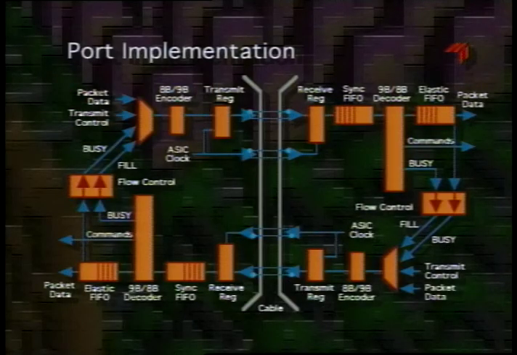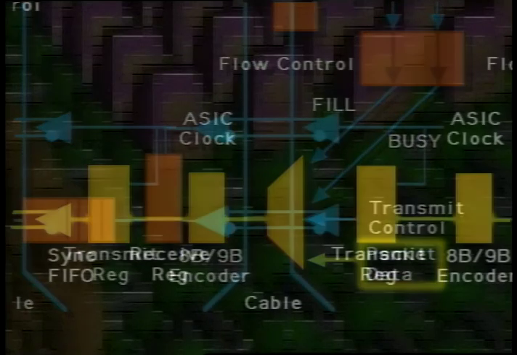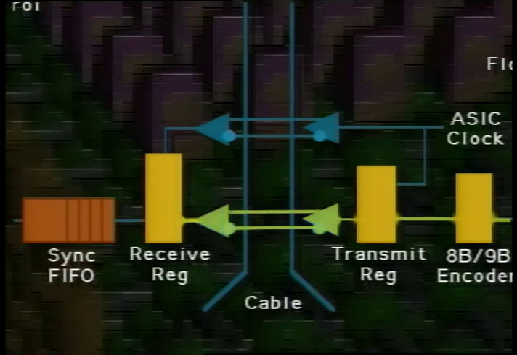This diagram shows the port design for connecting between two ServerNet chips, shown on the left and the right of the diagram. As a packet is ready to be sent, it first goes into an encoder to transform the bytes of the packet into the 8-bit, 9-bit code, which is actually sent across the wires. Then it goes through the cable buffers or through the backplane buffers and is received at the receive register on the other side. At this point, it's still synchronous with the sender's clocks, so it goes through a synchronization FIFO to convert to the local clock regime.